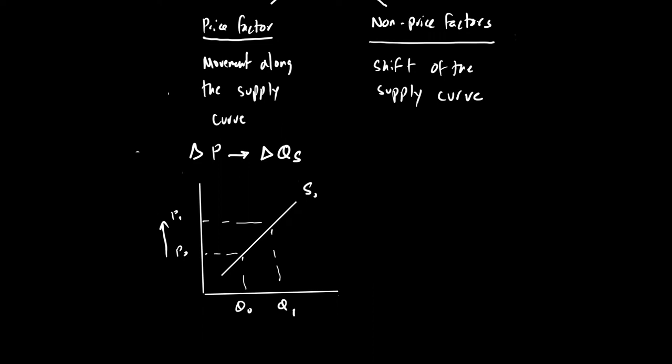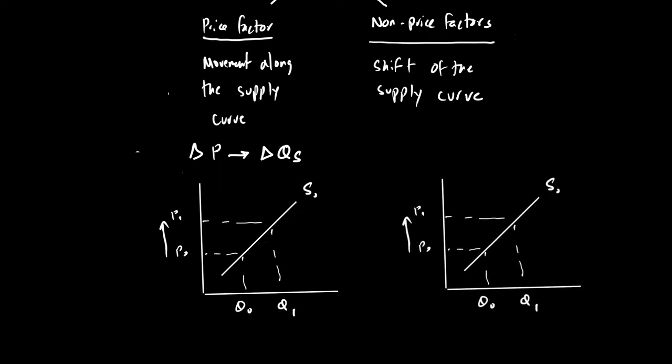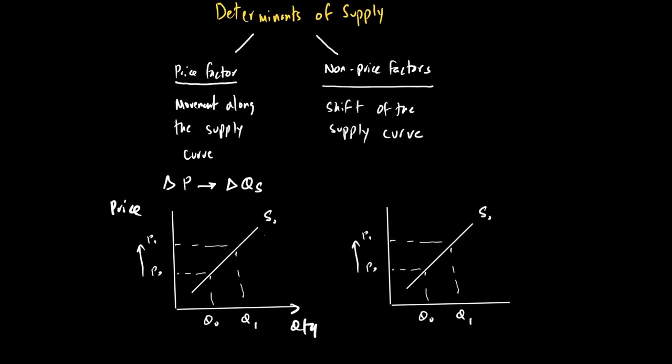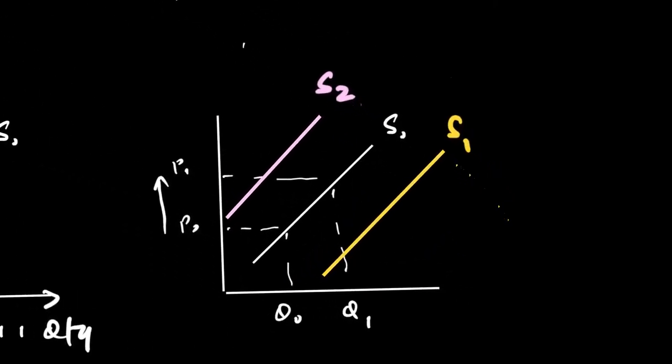So if I just make this diagram one more time, and let me just label it properly. This is price and quantity. So if I want to show you guys the non-price factor, the non-price factors will result in the supply curve shifting either to the right, which is called a rise in supply, or to the left, which is called a decrease in supply. So look at this, guys, if the price is P1, and let me zoom this diagram, if the price is P1, and if you look at the quantity